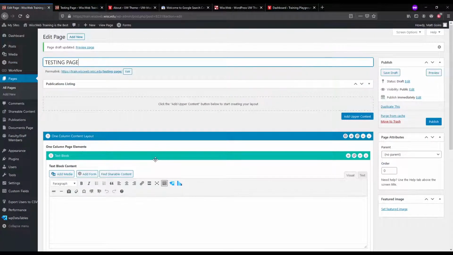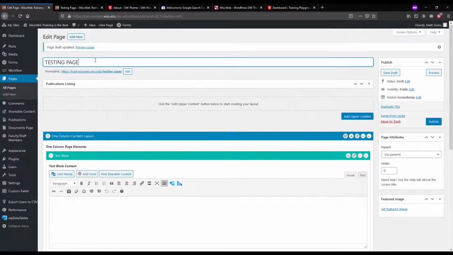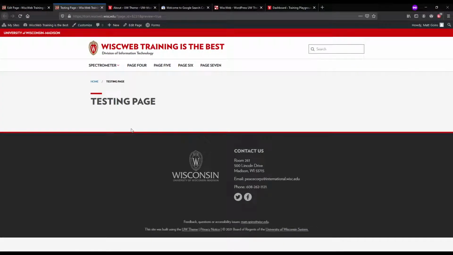Instead, they would just go ahead and type things in all caps because of the way that it would look on the other side. The problem is the theme is styling it like this, but the background, the code, the actual text that appears is still this. It's the proper sentence casing of testing page like this.